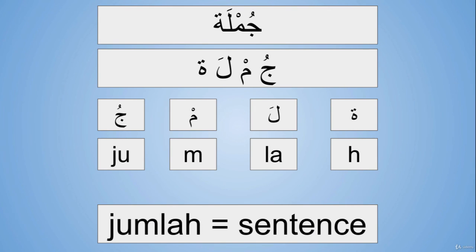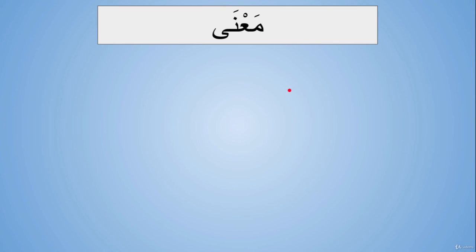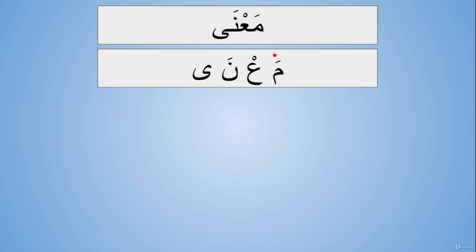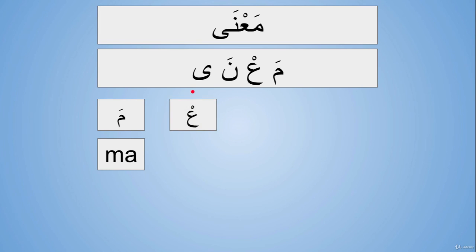Very good. Let's continue with other examples. Here is another word that we don't know. So let's break it down into the individual letters. These are the letters it consists of. So let's go through them one by one. The first one is the letter Mim. Mim with Fatha. So it sounds as Ma. And the second one is Ain. Ain with Sukun. So it sounds as a, without any vowel after it. And then we have Noon with Fatha. So it sounds as